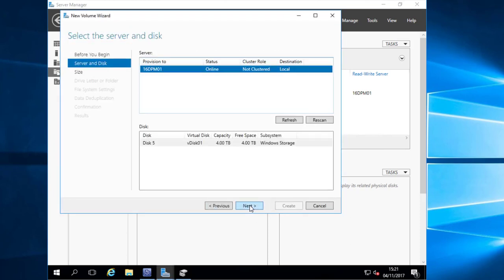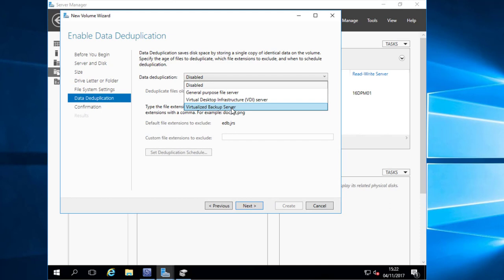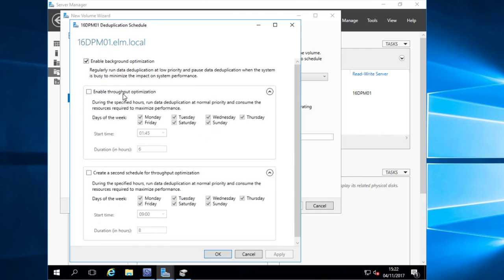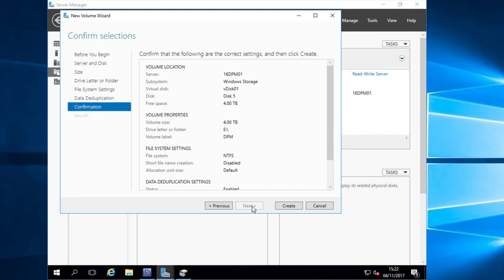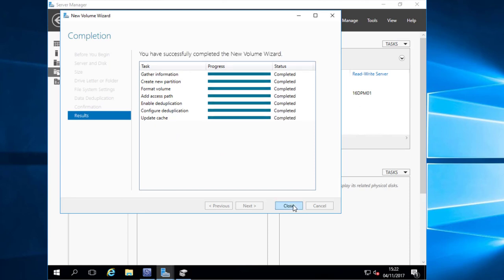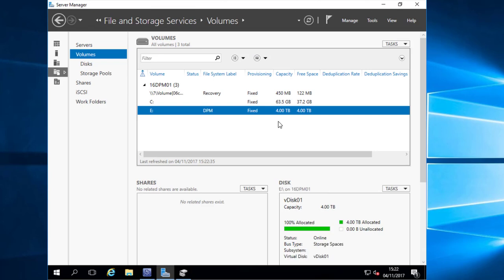Create a volume, 4 terabytes, and we will call this DPM under NTFS. We'll put the data deduplication on it to happen instantly. Set a schedule. Start midnight. Hit apply. Next. Create. So there we have now a 4 terabyte drive